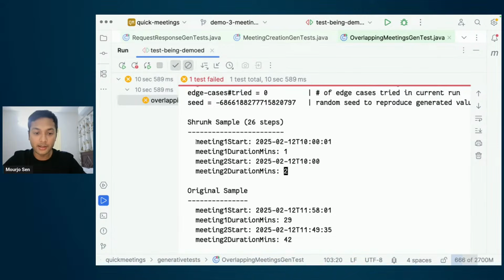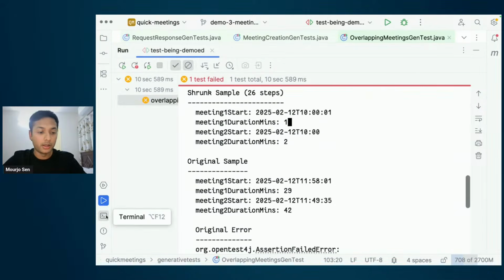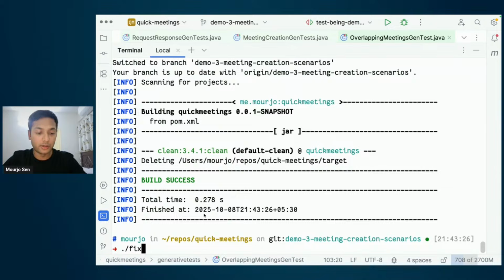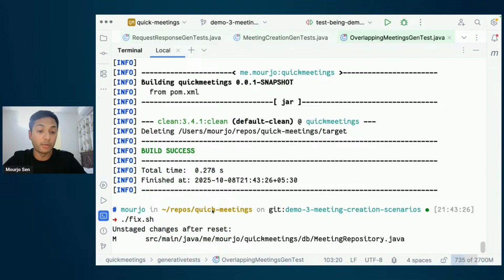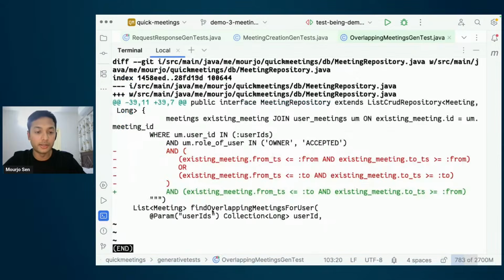So with this example, it is much easier for me to understand that in the case that the first meeting is being overlapped entirely by the second meeting, there is some kind of a bug. That is actually the bug. I didn't write a query properly. So this red part of the query is actually buggy, which misses one case. And yeah, it's a bug on my part, and I've made bugs in the past.